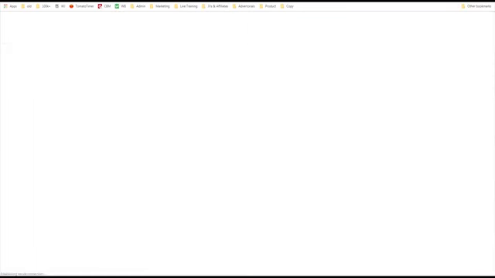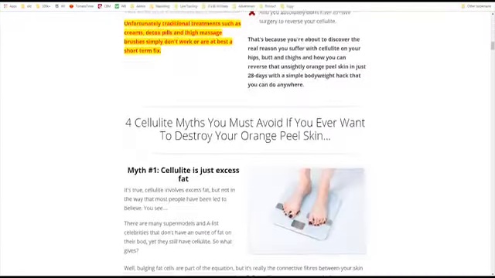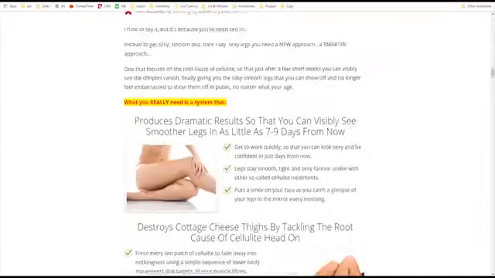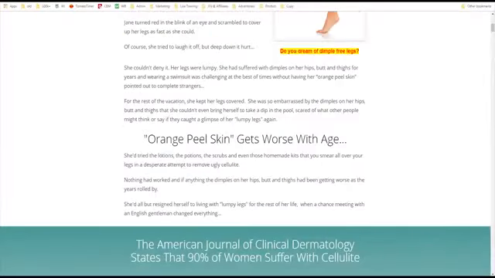Simply, they'll click here, and they will be redirected to my affiliate link, which is called My Cellulite Solution. And new body weight hack reverses cottage cheese thighs so you can see smoother, sexier legs at any age. So I might need to change what product I'm promoting. But the point is, now I have a working funnel